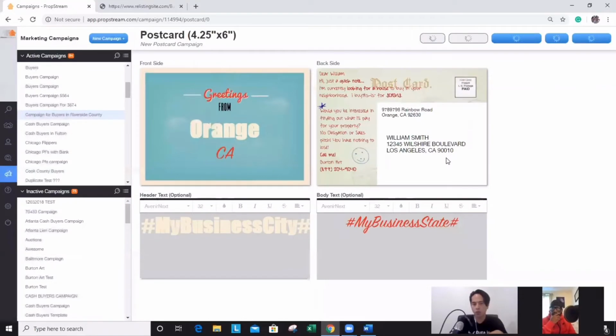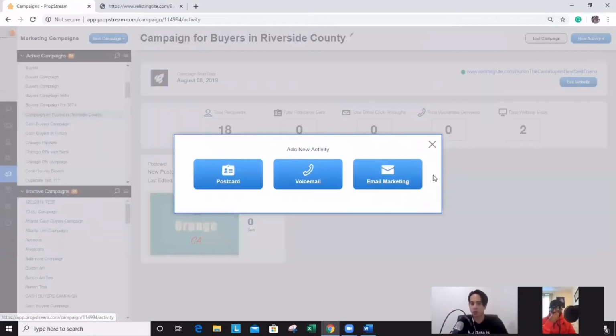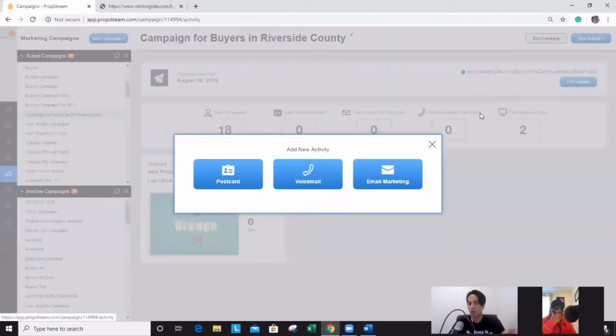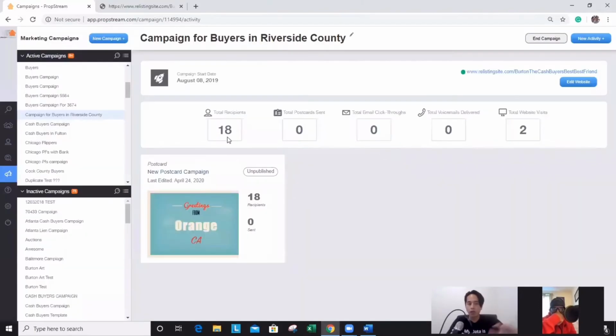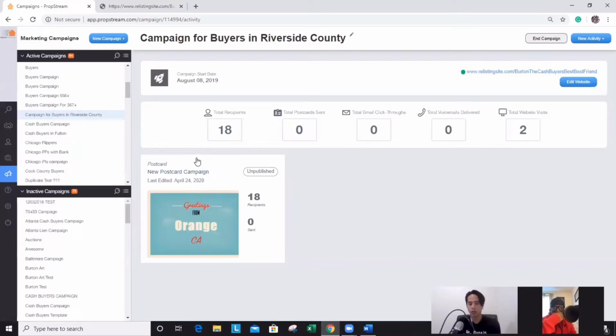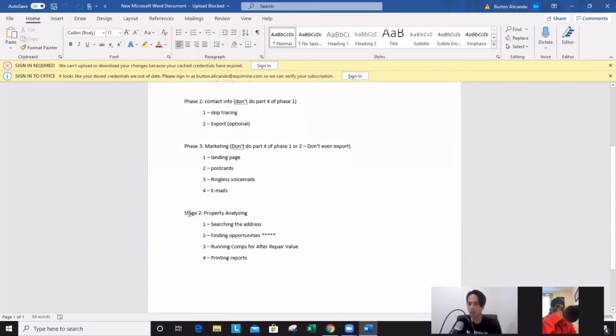So maybe 2-3 days later or 2 weeks go by. The next thing I want to do is I'll start a new activity and send another round of postcards. Or maybe this time I'll do voicemails. Or maybe this time I'll do emails. So this is the 3 phases of lead generation, which I call stage 1. Now, if we do all of that, search, build a filter, save the list, skip trace it, get contact information, and then market to it, it should hopefully, and I'm almost quite certain, lead into stage 2,